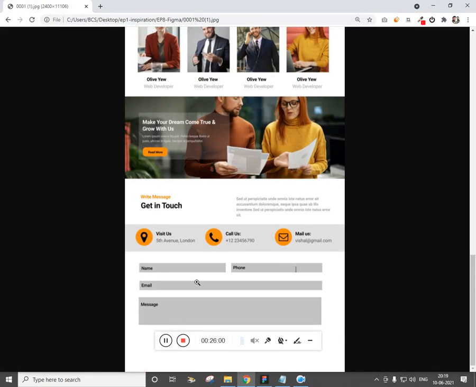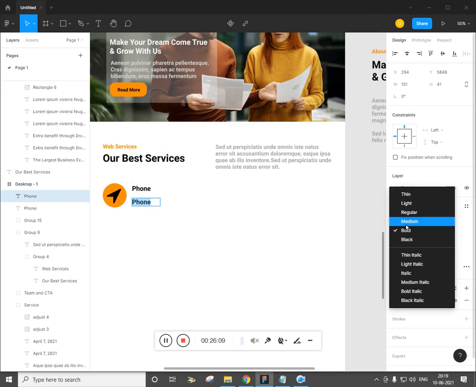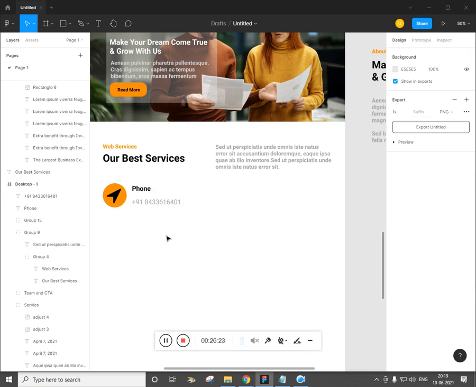We'll just use a phone number. Anyway, we are going to make a duplicate of it, and let it be regular, and let the font family, font color be light, plus 91. So this is not my phone number, I won't recommend you to do anything.